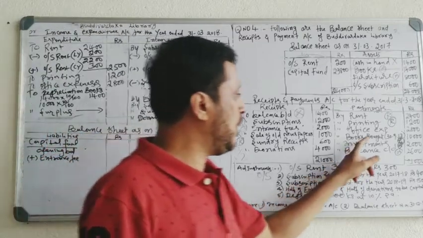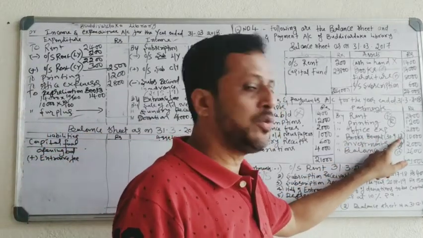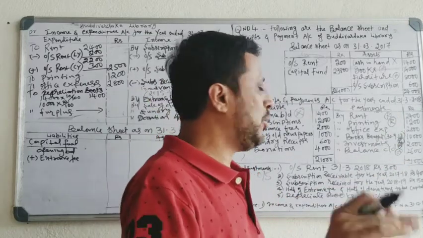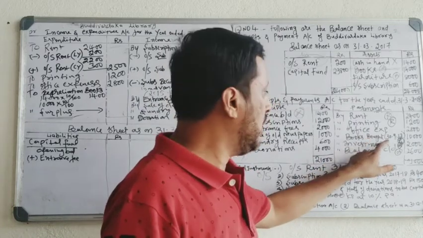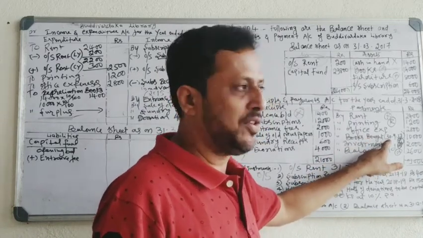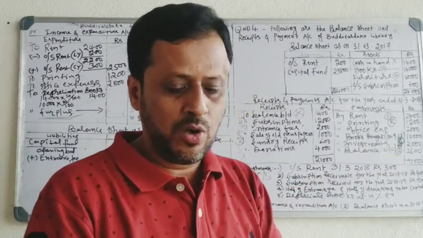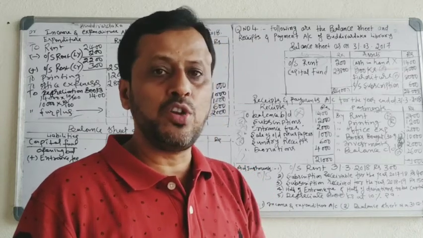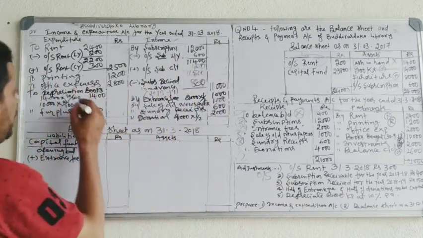When the additional books were brought into the organization on 30th September 2017, you should not take a full year's depreciation. You should take only the depreciation from the date the books were brought. Start the depreciation from 1st October, November, December, January, February, March. So the books were used for only 6 months in the current year. Take depreciation for 6 months.